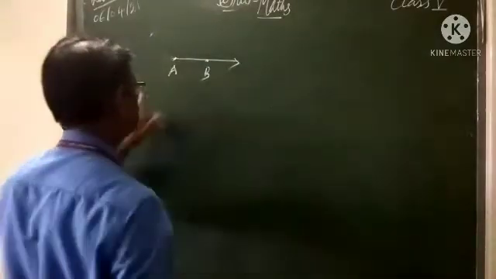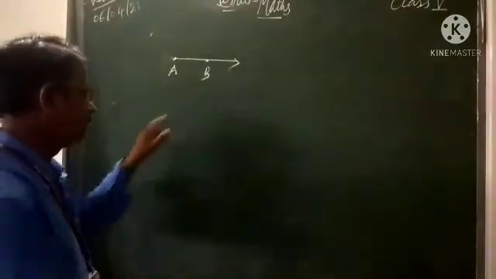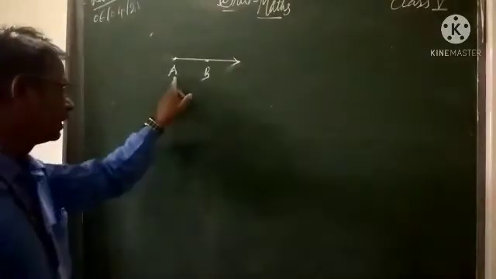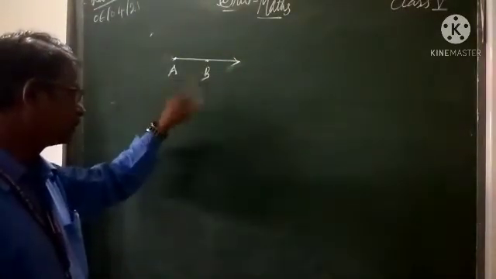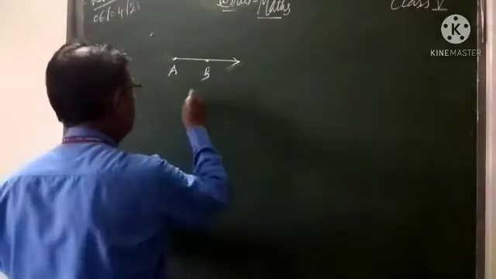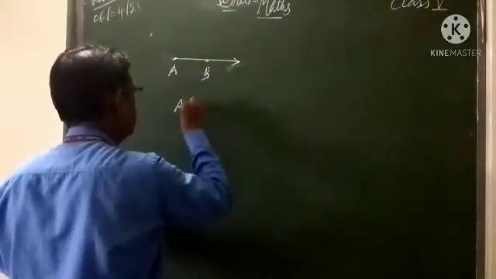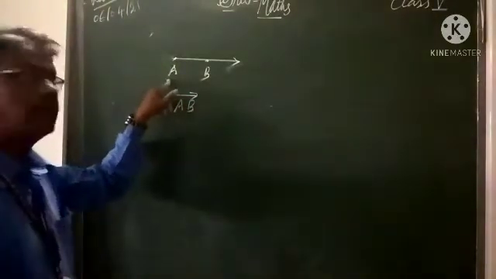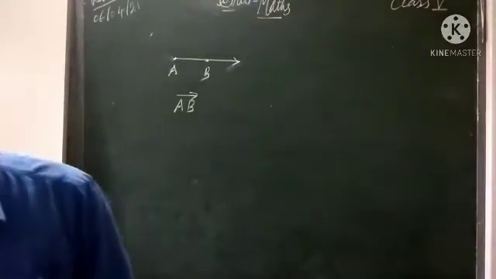Now which symbol is this one? This is called what? Ray. Only one side, only one side arrow is given. So ray AB. How to read ray AB? You have to read always ray AB. So symbolically it can be represented like this. So ray AB, starting point is A. Understood? So we can say that one ray AB.